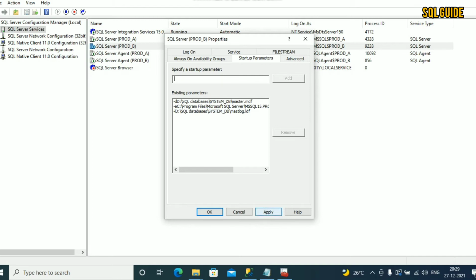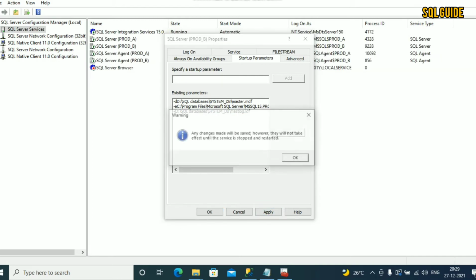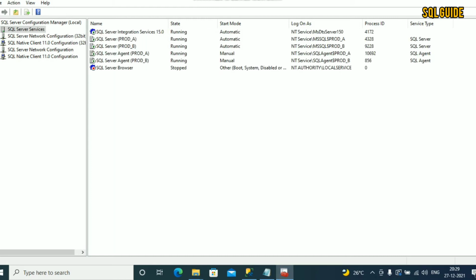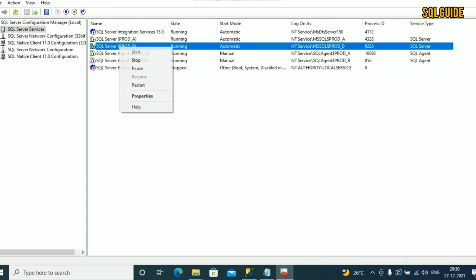After changing, any change will be saved. However, they will not take effect until the service is stopped and restarted. Okay, click on OK. Now stop the services.